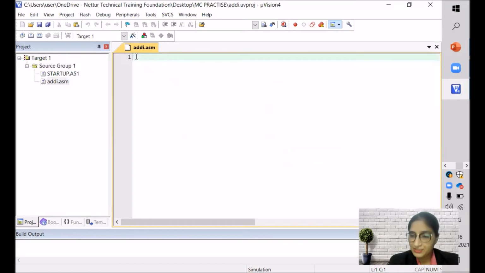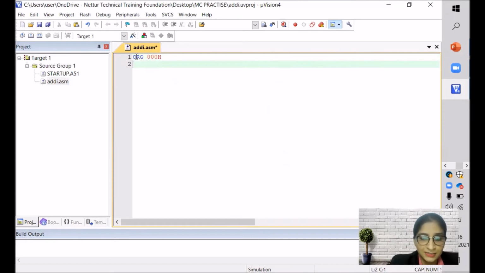Fine. So project has been created, file is created. We have established a link between these two. Now we have to write our program. So the program was to add two 8-bit numbers and store our data in a RAM location. That was our program. So how to start? So we'll start with the origin, org 00h, enter. So for adding two numbers, first of all, we have to take two inputs. So we'll take first one,